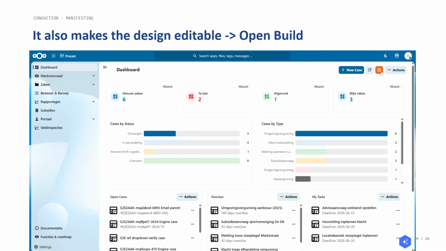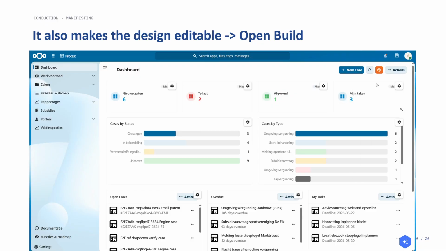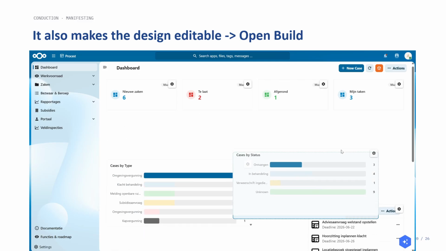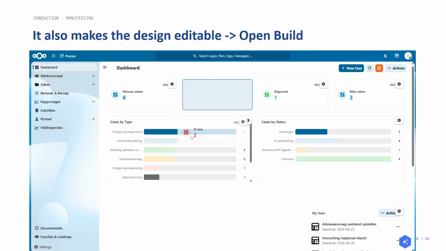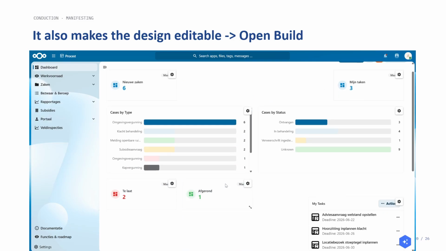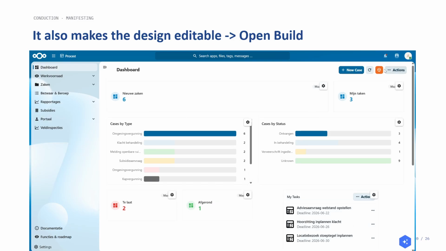And we actually also discovered that it's very easy to make the JSON scheme manageable. That means that you can actually create apps and alter applications from the UI. Now, of course, this is a bit tricky and it requires some more coding, so we made a specific app for it called OpenBuild, and that then allows you to use this manifest system to actually create your own apps and to design them in any way you want.